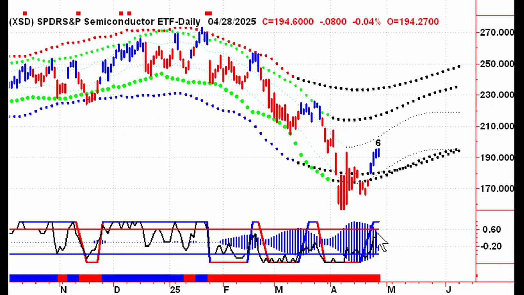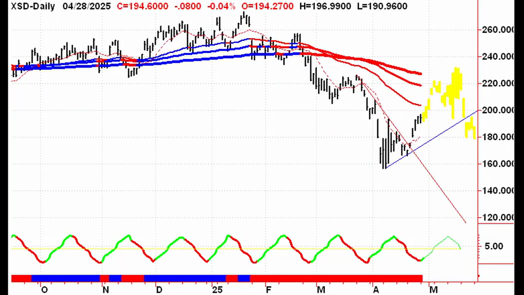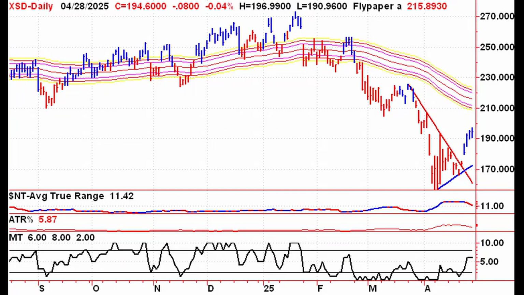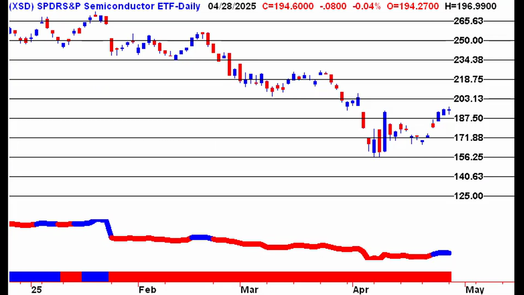First of all, you'll probably notice that the symbol is broken. And so our expectations to the upside need to be rather limited. We are mathematically projecting higher prices up here. The problem right now is you've got open gaps, you've got the moving averages, you've got the flypaper channel, all going to potentially act as resistance on the way back up. And then, of course, we have our mathematical price targets.